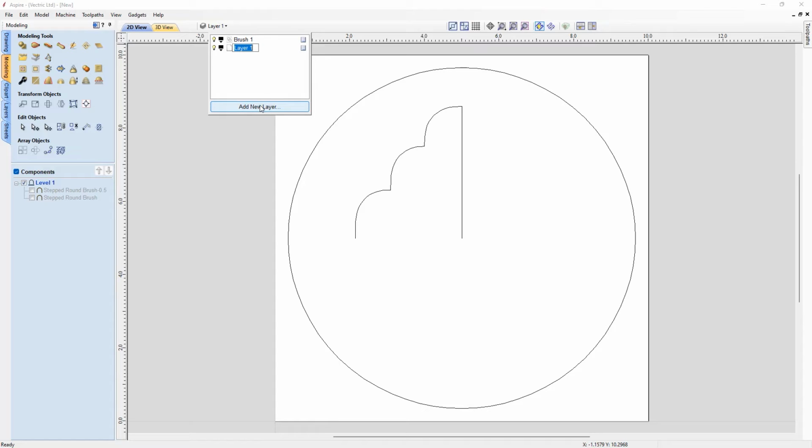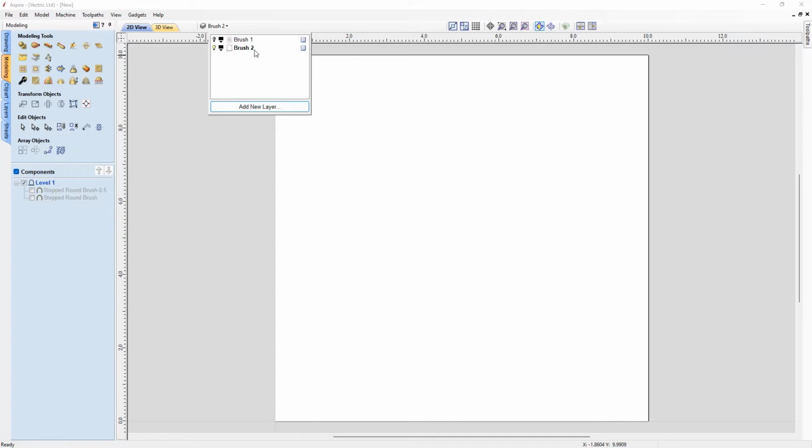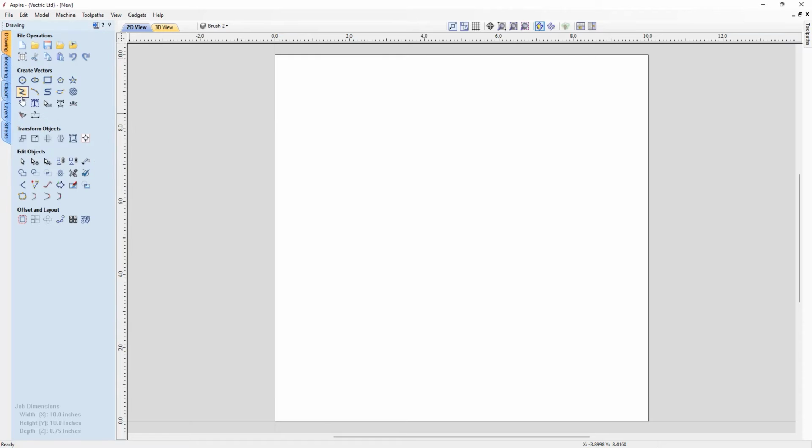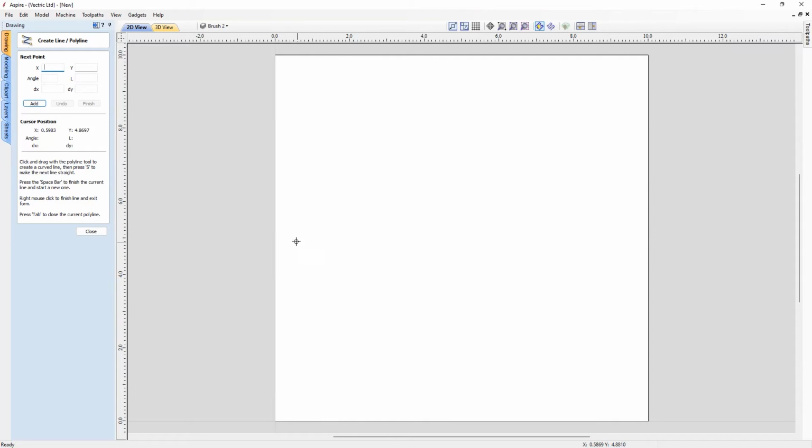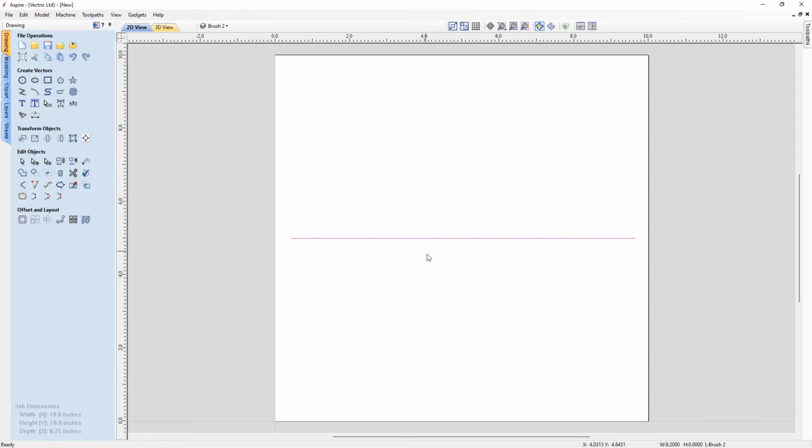We're going to add in a new layer. We're going to call this one brush 2, and then we're just going to undraw the visibility of brush 1. Make sure brush 2 layer is the active layer, and then into the drawing tab, I'm going to go into the polyline tool, just going to draw a line, and we're going to draw it back on itself, snap to the start point, right click to come out, and then here I'm going to click it, N for node edit